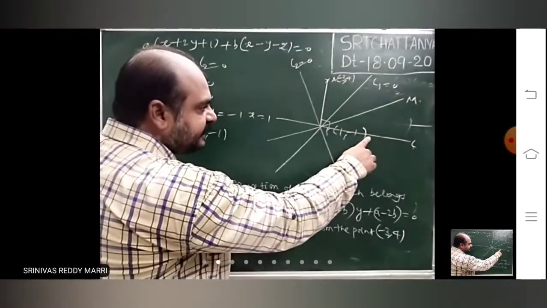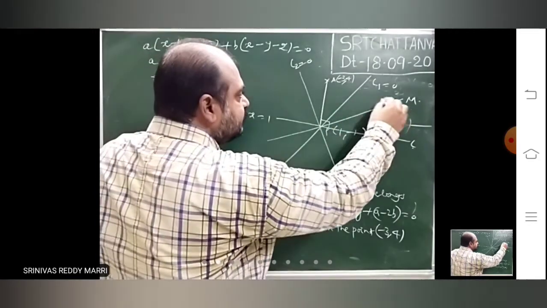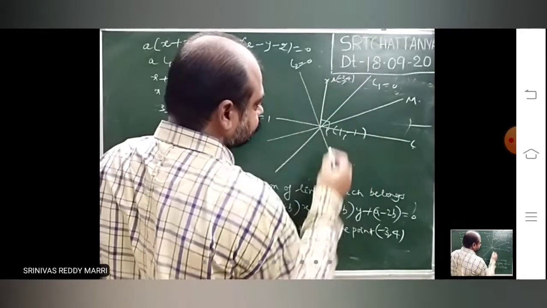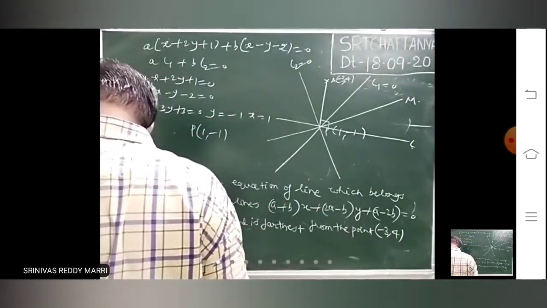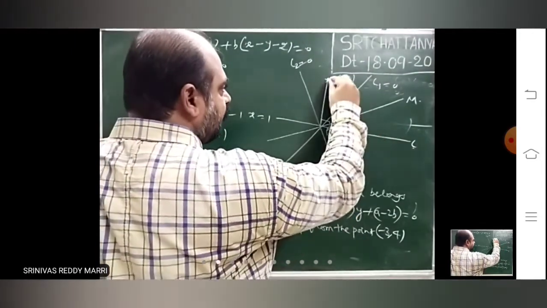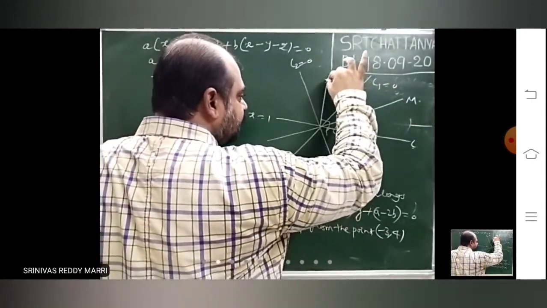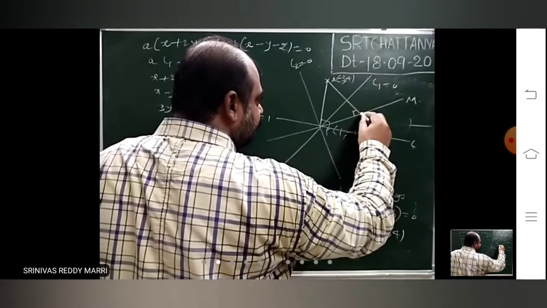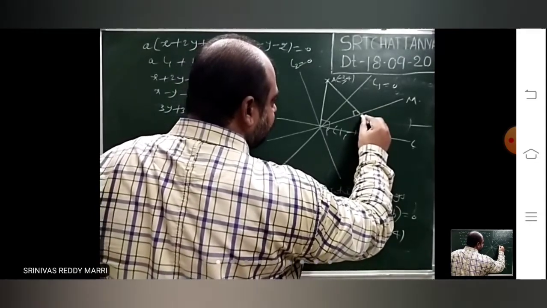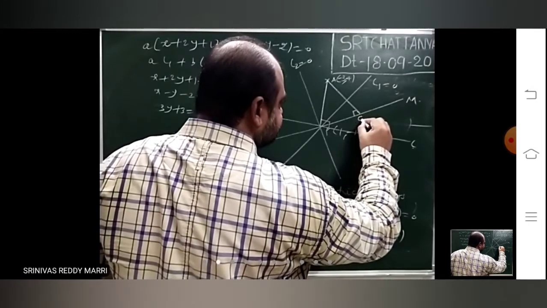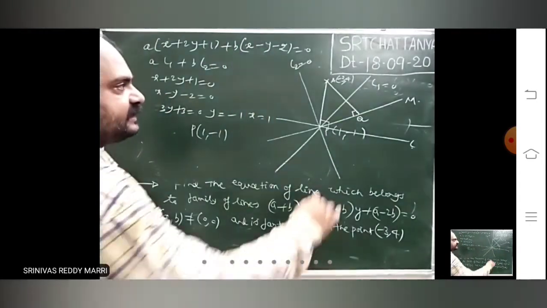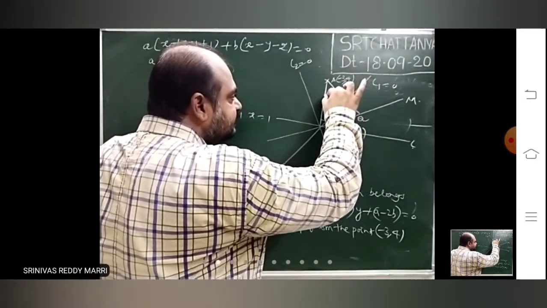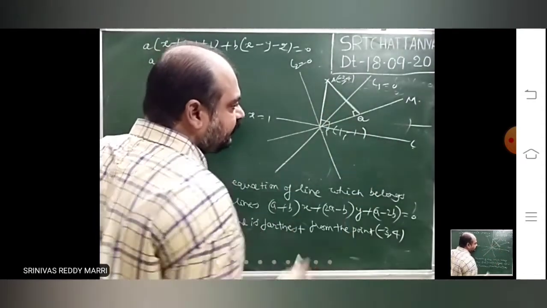Let us say why this is farthest. Look at, to this line drop a perpendicular. I am dropping a perpendicular. Let us say AQ is the perpendicular distance, the distance from A to the line M. Right? Now, this is distance AP, the perpendicular distance to the line L.